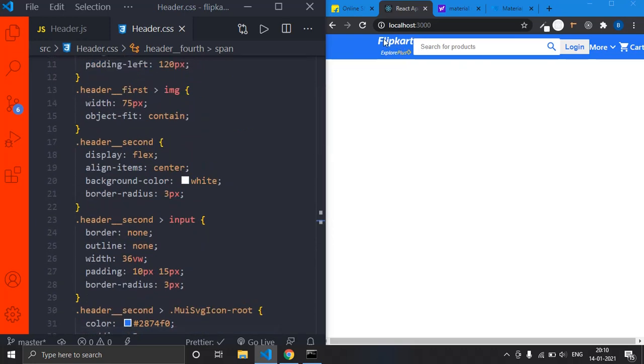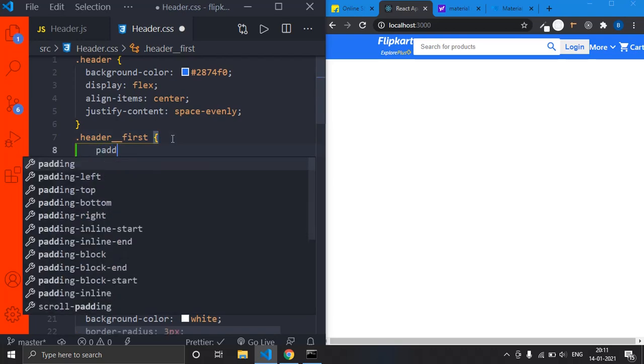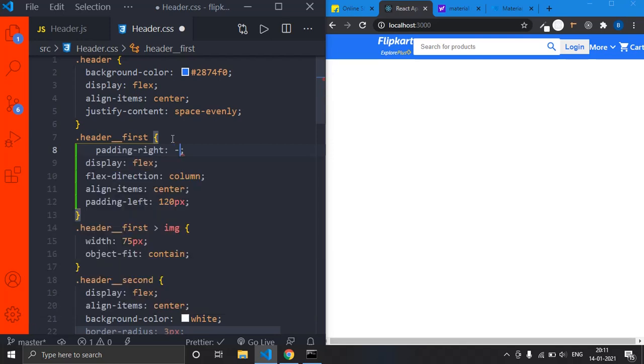We want to make our first part somewhat nearer to the second part, right? So for that I'll come to that header, and what I'll do is padding, see that is on the right side, right? So I'll use padding right, and I will apply negative padding to that. Now let us see.